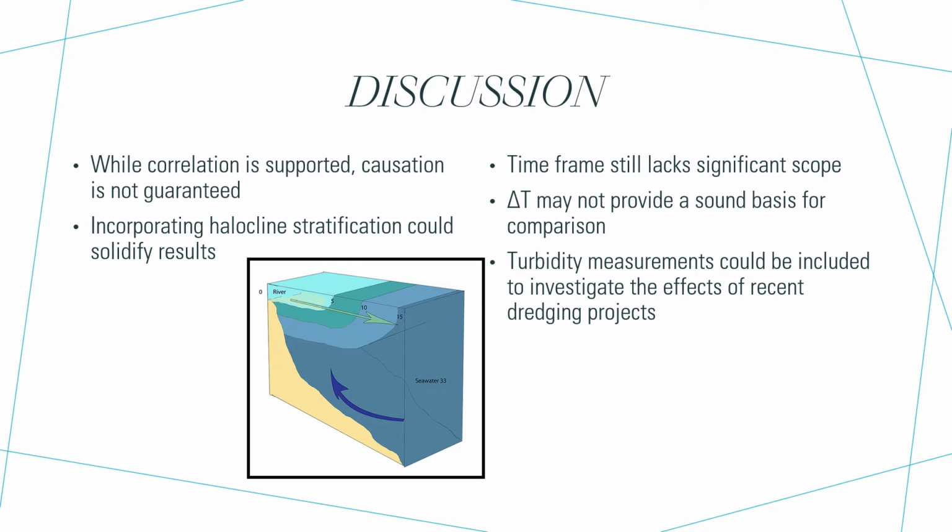The CTD moored at the guest dock is the instrument collecting temperature data for this study, and since it is consistently sampling water at or near the depth of the cline, I interpreted changes in delta T as changes in thermocline stratification. Through this lens, my research supports the claim that increased current speeds correlate with increased stratification and vice